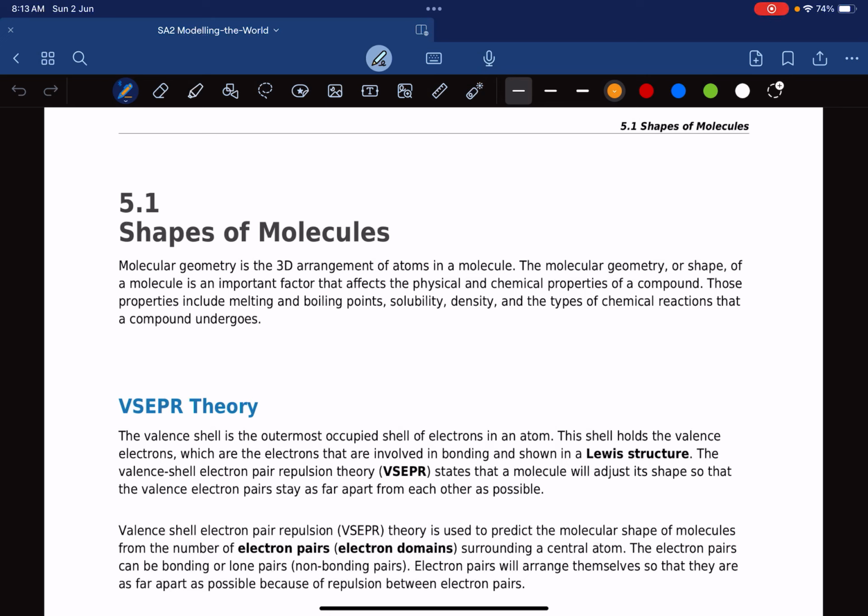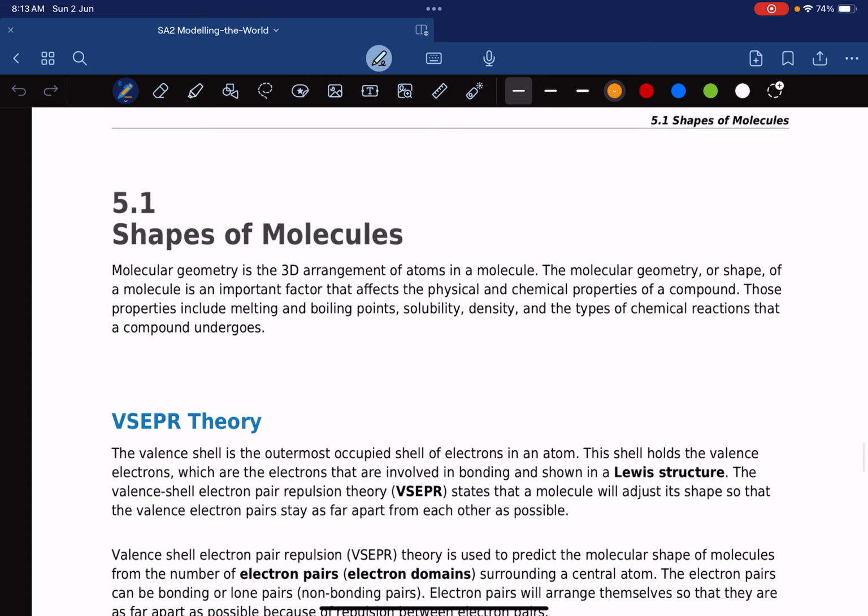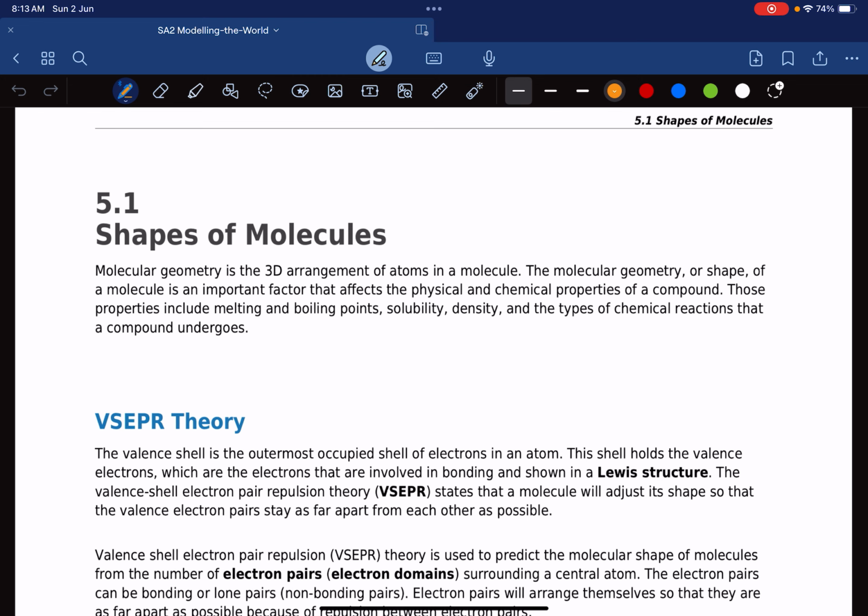Okay, so we come to this part where it talks about shapes of molecules. Now, this part is important. Why is it important? Because once we determine the shape of the molecule, from the shape of the molecule, we will be able to determine something called the secondary bonding. Okay, secondary bonding. Now, secondary bonding, this exists only in